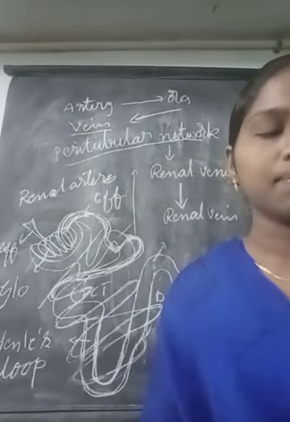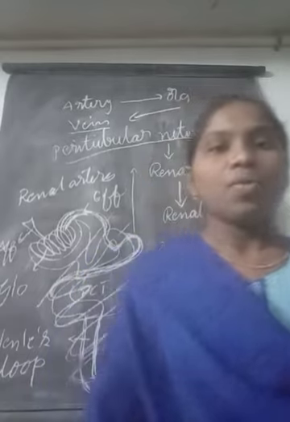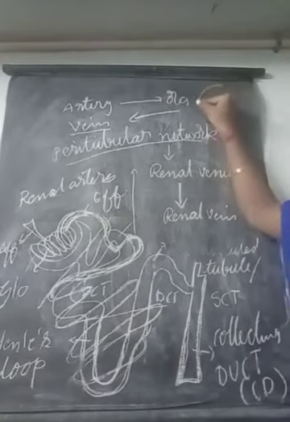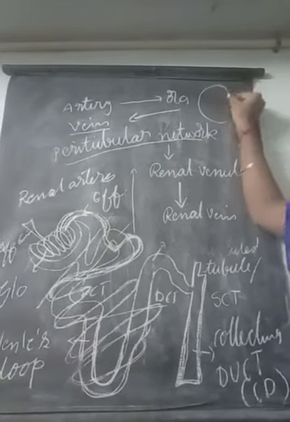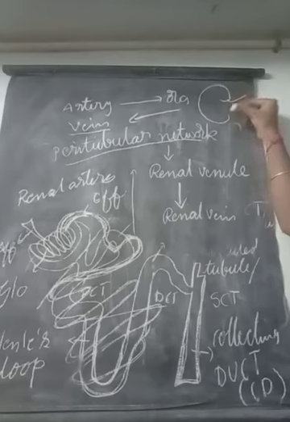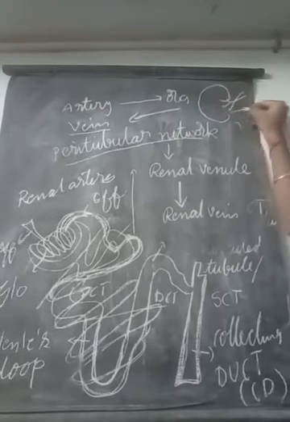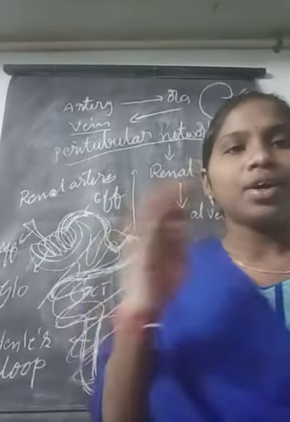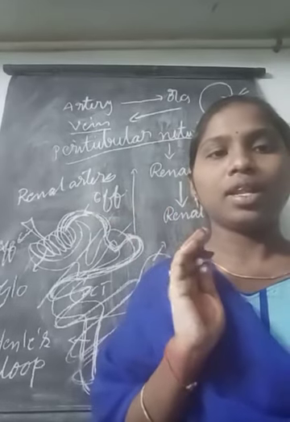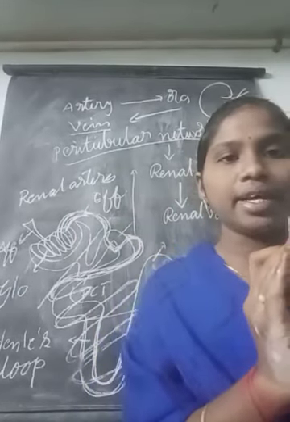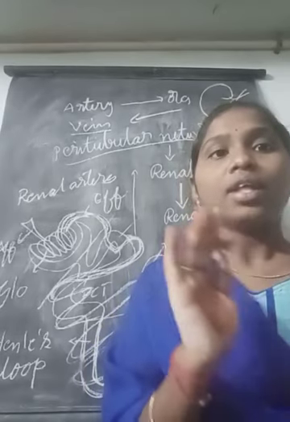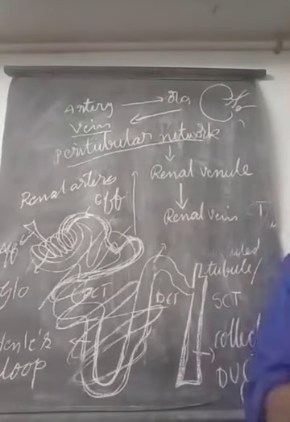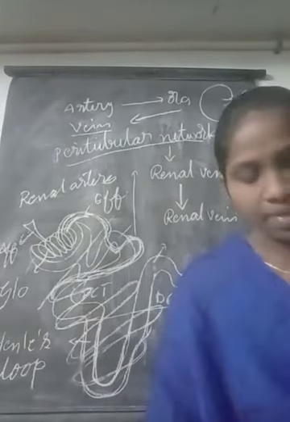You already know the diagram. Remember the LS of kidney, longitudinal section of kidney, we have drawn like this, no? While drawing that time we drew two blood vessels. One is the coming blood vessel, one is the going blood vessel. The coming blood vessel is the renal artery, the going blood vessel is called the renal vein. So after entering into the kidney, how are they modified? That modification is nothing but this part. I will draw it in a sketch manner, you will understand clearly.